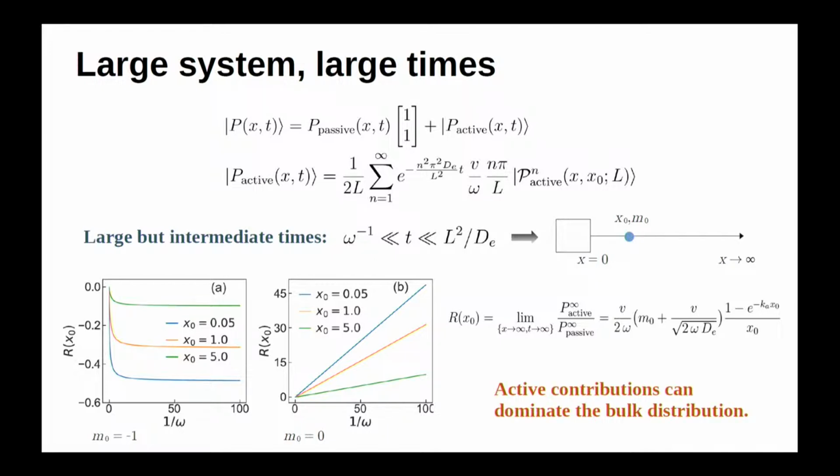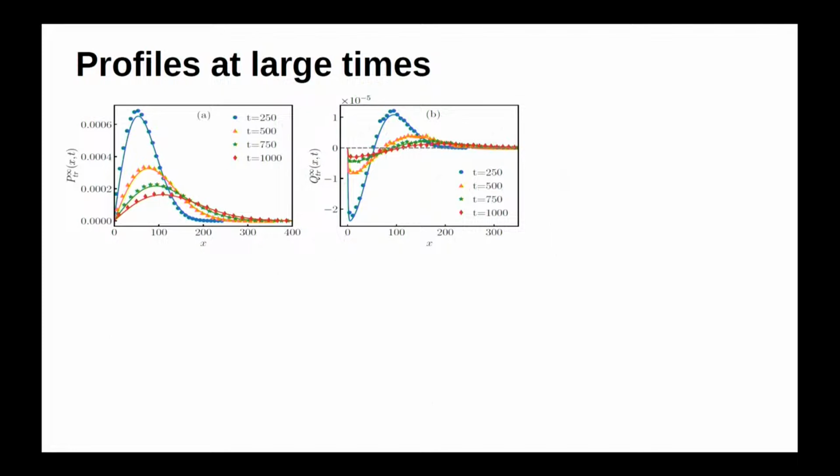In the bulk we never expect that. When you go far from the boundary, there is no boundary effect, it makes a lot of tumbles, and generally no active behavior remains and it is effectively passive. But at least in this case we find it is not so, and this is how the distribution looks like, and it agrees well with the data.